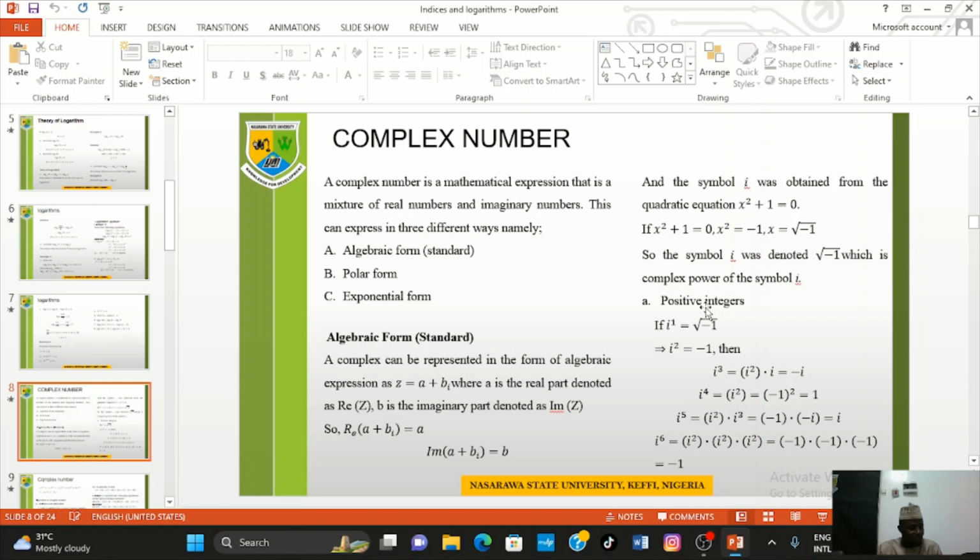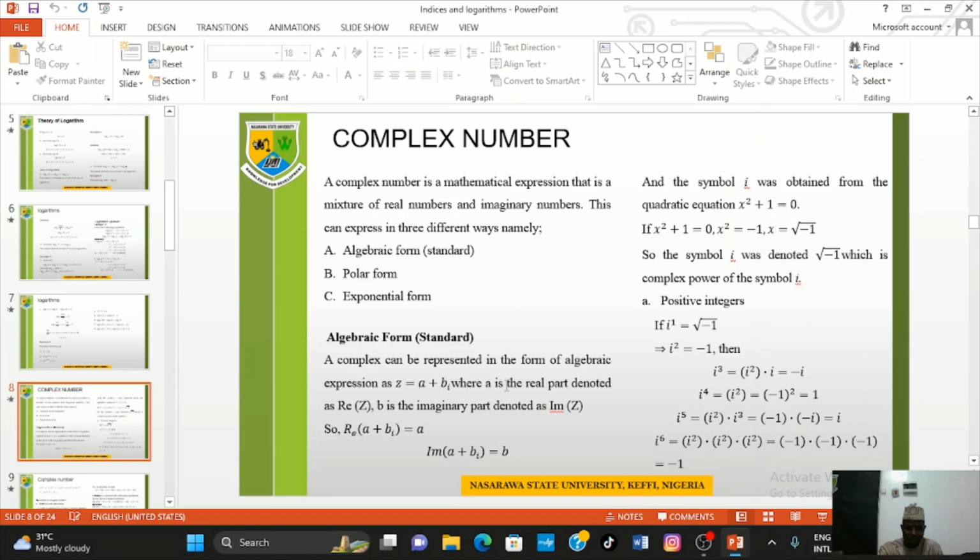This can be expressed in 3 forms, namely A. Algebraic form, that is the standard form, B. Polar form, and C. Exponential form. So we take them one after the other. Starting with A, algebraic form. A complex number can be represented in algebraic form as z equals a plus bi,